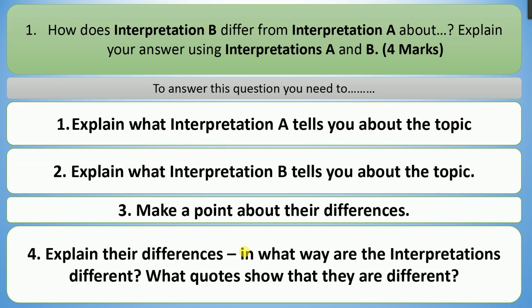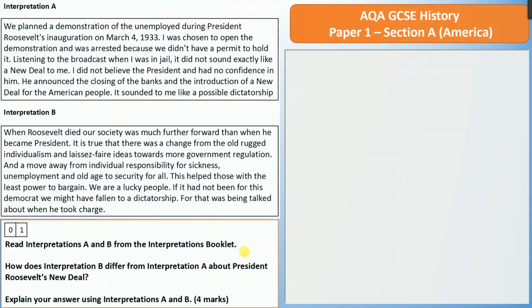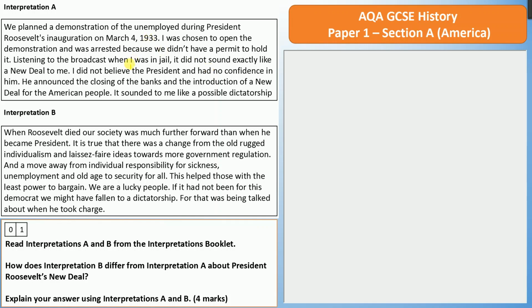So we've got interpretation A, we've got interpretation B. Remember, I'm just going to highlight some of the key features that we had highlighted before. So I'm just picking out again the couple of key bits. So closing the banks sounded like a possible dictatorship. And interpretation B, society was much further forward. We've also got that we are lucky people and that it helped those with the least power to bargain. And remember, 4 marks, 5 minutes, that's all we're looking for, one paragraph. So I'm going to start with the phrase